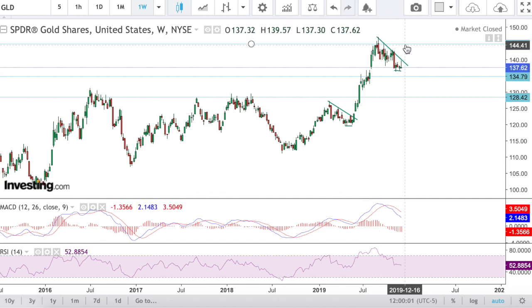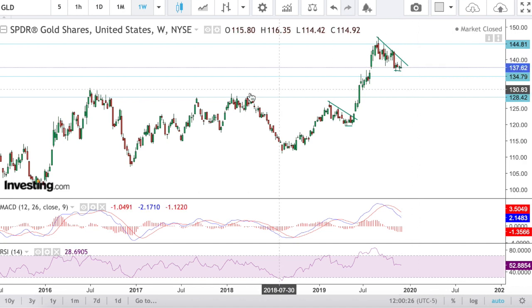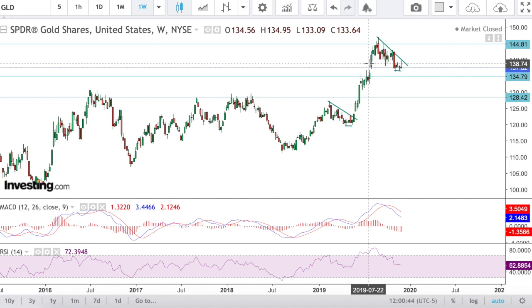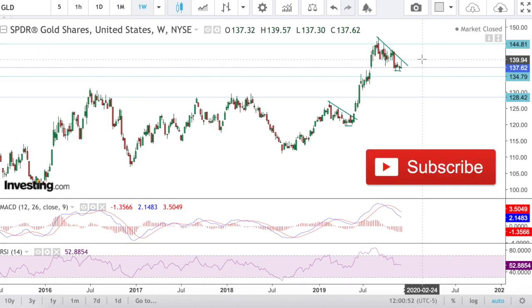So, is this the end for the gold bull market that I've been talking about for a long time, or is this just a simple counter correction in an ongoing uptrend with a lot more potential to the upside? I'm going to first talk about the weekly chart, get an overview on what's going on in gold, how healthy the bull market is acting so far, and then we're going to go deeper into the daily chart to try and get some more short-term outlook and potential targets in the next few weeks and potential investment opportunities for you